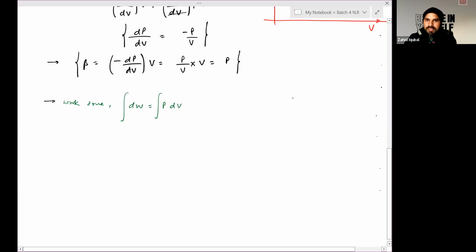So for that, let me define using PV equals nRT. We may write pressure equals nRT divided by volume. Now put this value in this expression, you will get